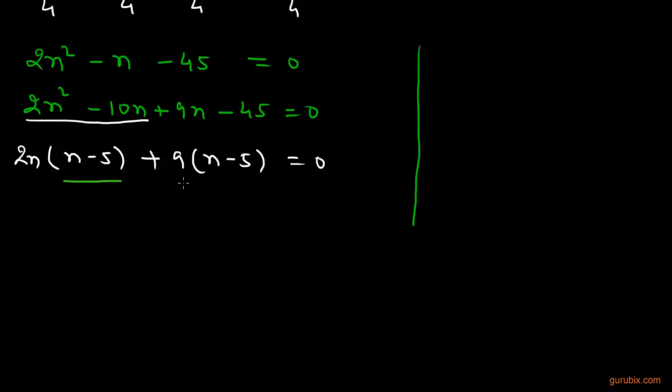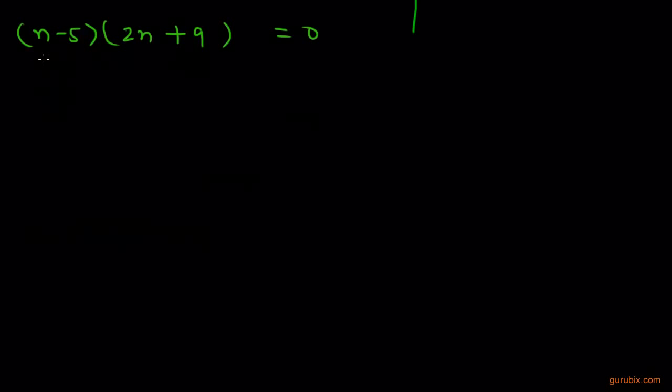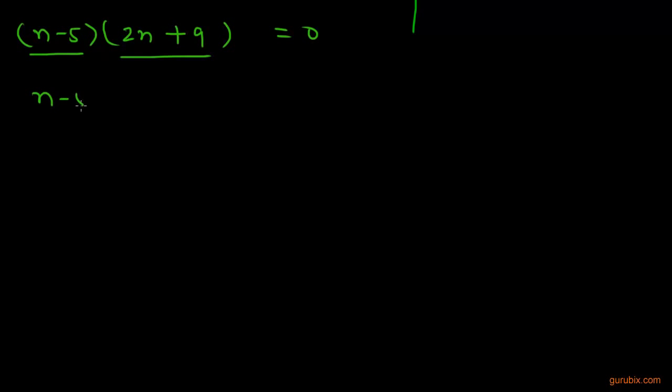Now we take common n minus 5 from these two terms, and what remains in the bracket is 2n plus 9. Now we shall put these two brackets equal to 0. n minus 5 equals 0, or 2n plus 9 equals 0. And what we get? We get n equals 5,